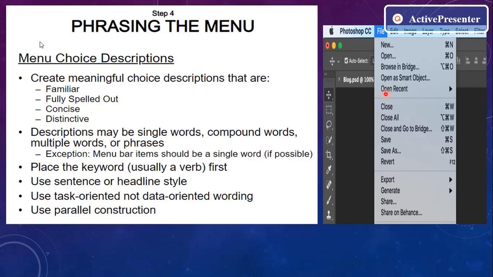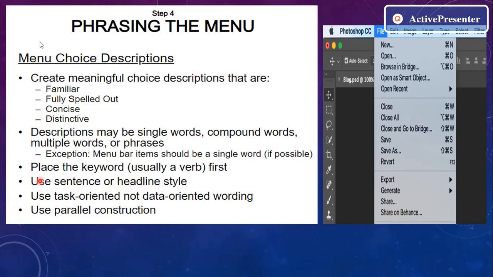Our keyword has to appear in a very good manner. Usually a verb has to appear there first. So here also, close all, close and go to Bridge. This is a verb here that has to be placed in front. That is close, here open. So like this, Share on Behance means share is a keyword that is being placed first. So what task is being done, that has to appear first.